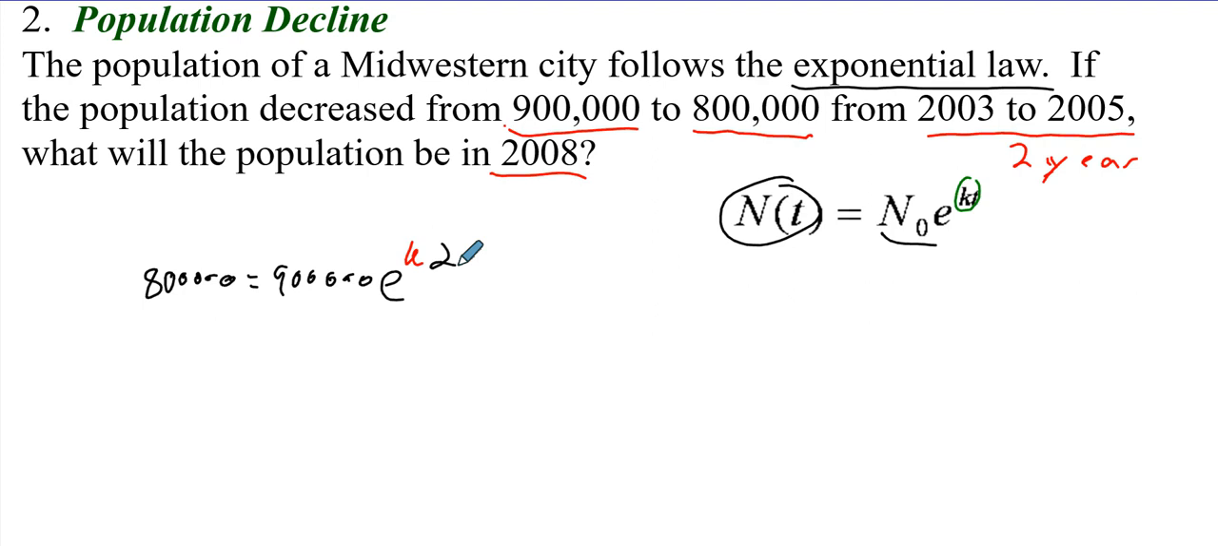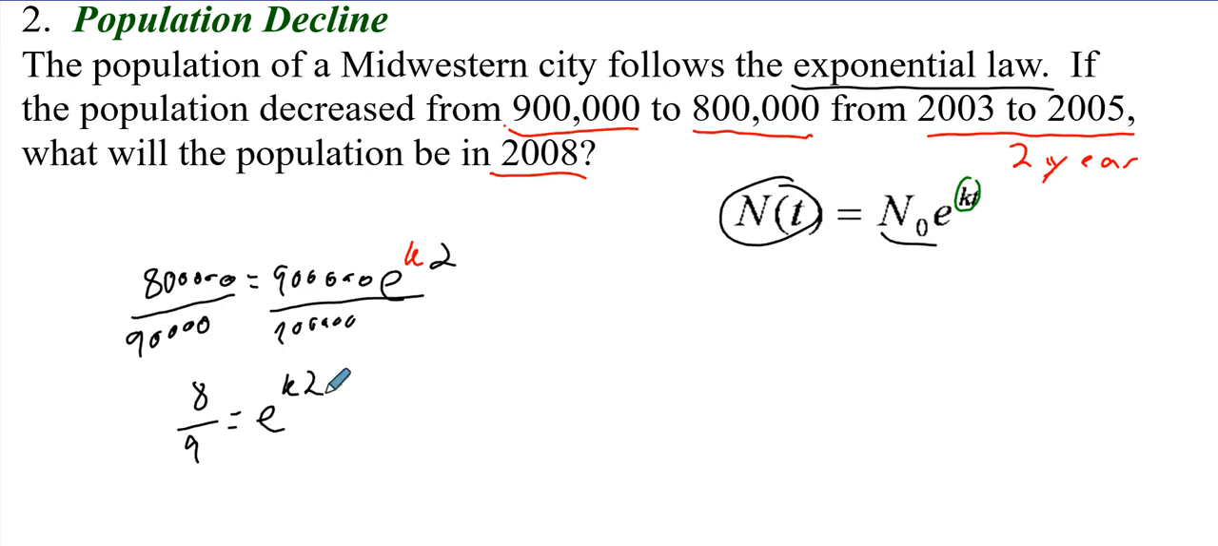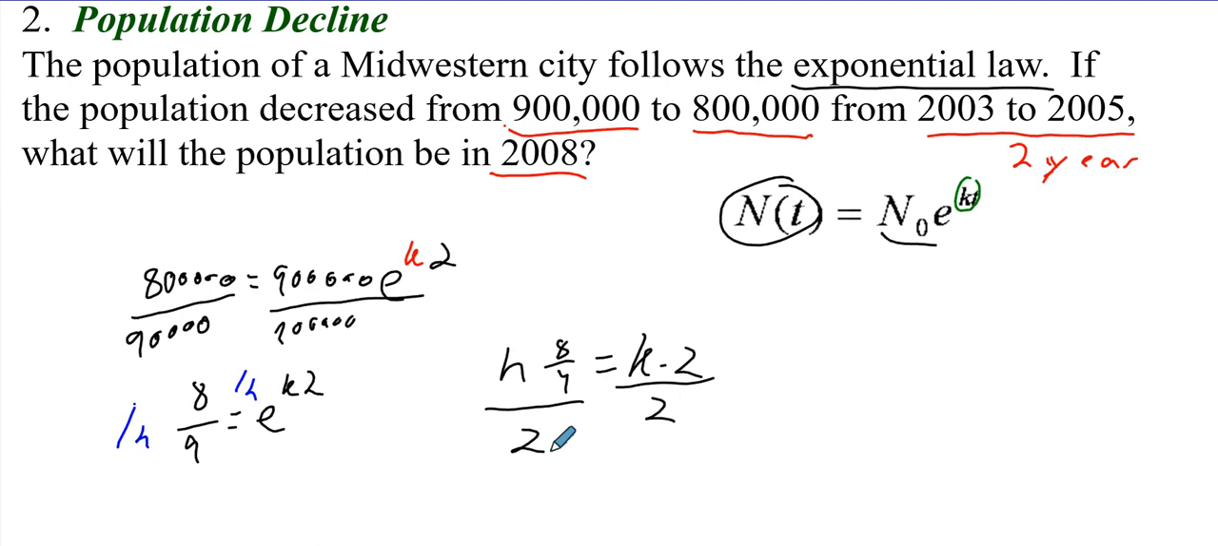Again, that K is in our exponent, so we should utilize logarithms or natural logs to solve for that. So first thing I'm going to do is divide out by 900,000. So I'm going to get 8 over 9 is equal to e to the k2. Taking the ln of both sides, or using my definition of logarithms, I'm going to get the ln of 8 over 9 is equal to k times 2. Divide both sides by 2, and then I'm going to see that k is equal to